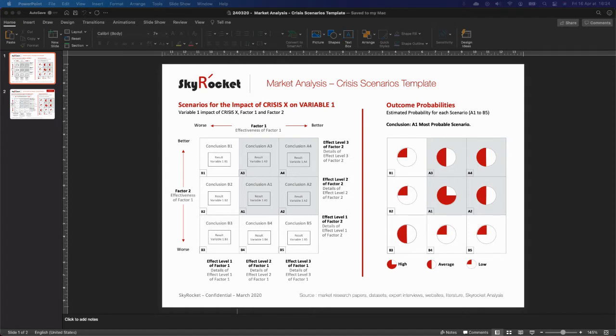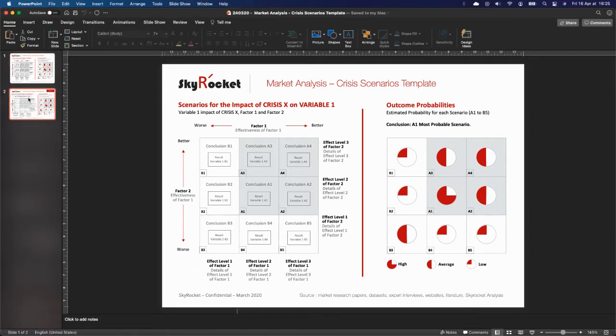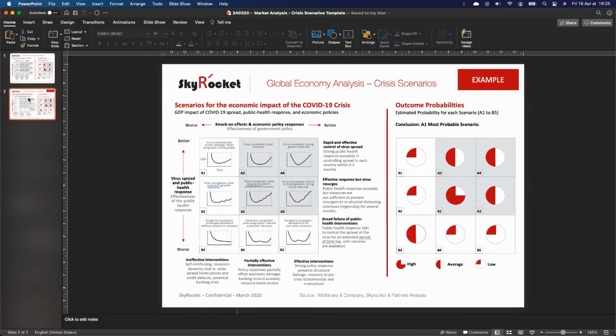Today I'm going to show you a new template, which is the market analysis crisis scenario template. Its objective is to help economists, business analysts, or any executives to forecast the effects of a crisis on a defined key variable. An example to start: in March 2020,